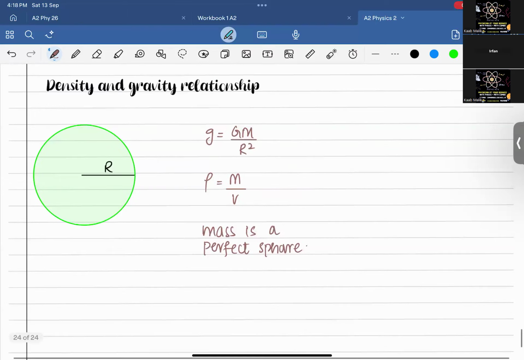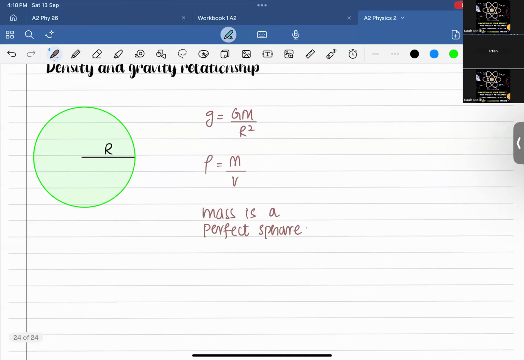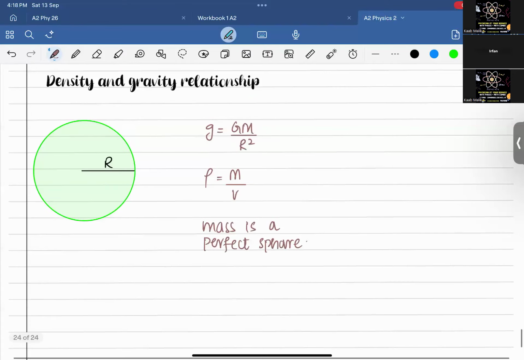Sphere. So if the mass is a perfect sphere, can you tell me the volume, please? 4/3 pi r cubed. Very good. 4 over 3 pi r cubed. Okay. Now,